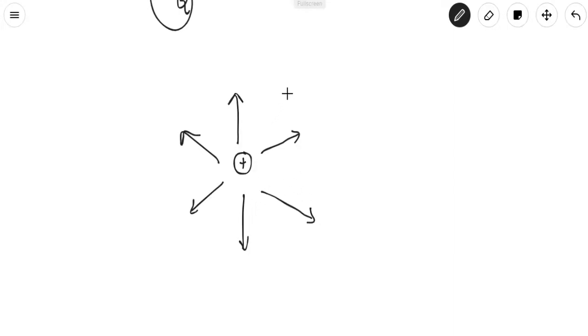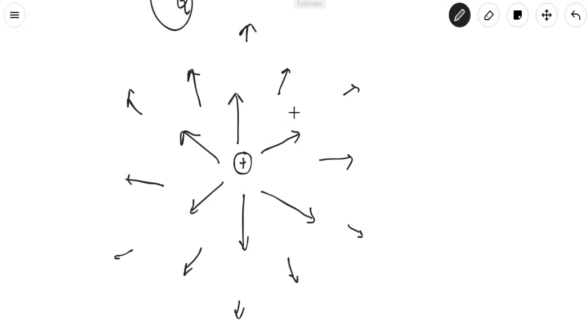Okay, the electric field, if we go any further, suppose we want to find the electric field here, then the arrows will be smaller. You know why? Why will the arrows be smaller for the further direction? Because here the force will be less than at the closer one, so the arrows will be smaller. If we go any further, the arrows will be smaller and smaller. Okay, so this is the electric field.